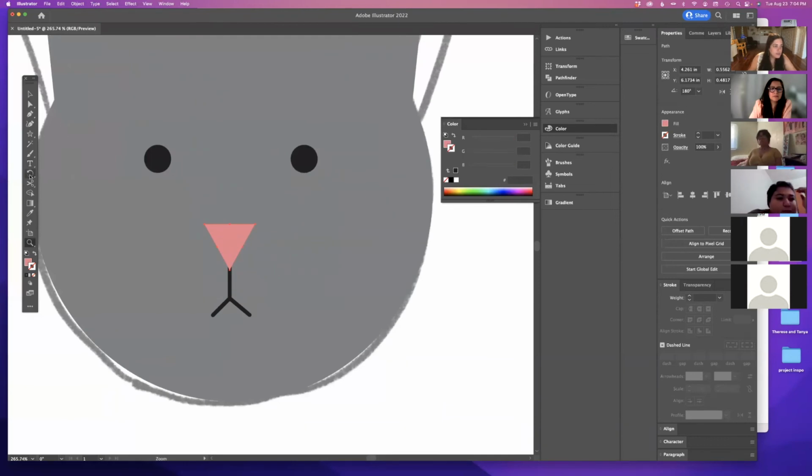And then I think the nose looks a bit harsh too, so I'm going to expand it. I'm going to click on the selection arrow so I can see the different points and see how those 3 circles pop up. I'm going to come in and I'm just going to round those corners of the nose by pulling in those points. That way it looks a little bit softer. And then I'm going to get the circle again. Give my cat some little highlights on its eyes, make it look nice and cute.